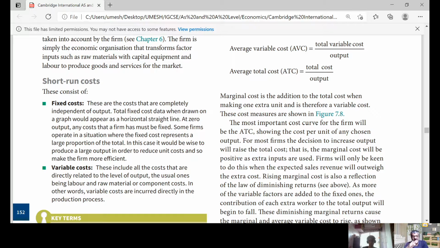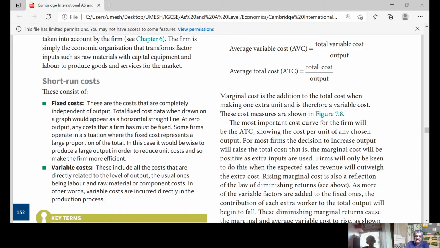And when the classes were in full swing, when you all children used to come, at that time also he was paying the rent. Just now there is no output, no classes are being held, and still he is supposed to pay the rent. So rent is a fixed cost. It is not related to the output. That which does not change with the output is called fixed cost.